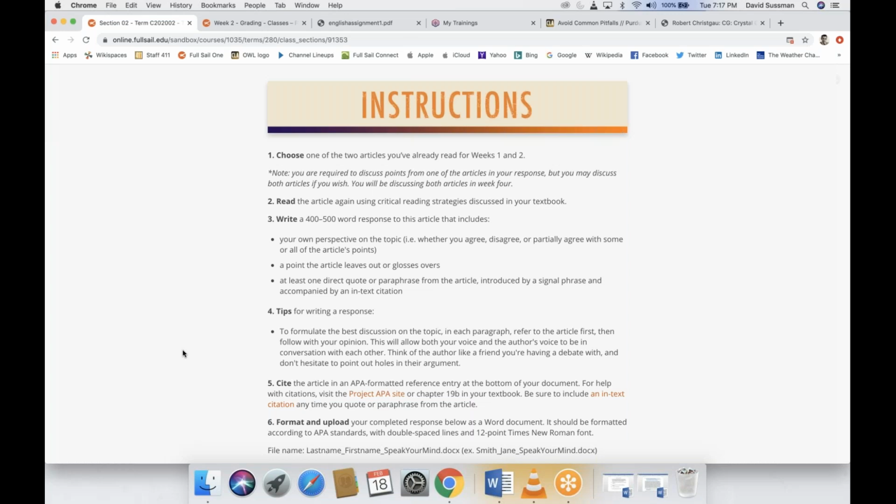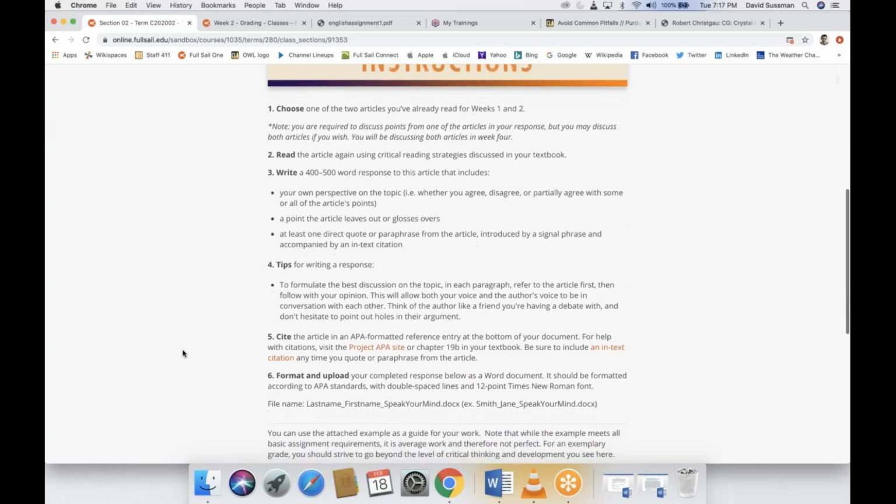So, okay, you've spent 2 weeks with 2 different articles. Now it's time to respond to one of them. Okay, so you're going to choose one of the articles, whichever one you want. I think in some cases, for some reason, not that many people are writing about the Harry Potter article this month. Usually, a bunch of people do. This month, I only have a few.